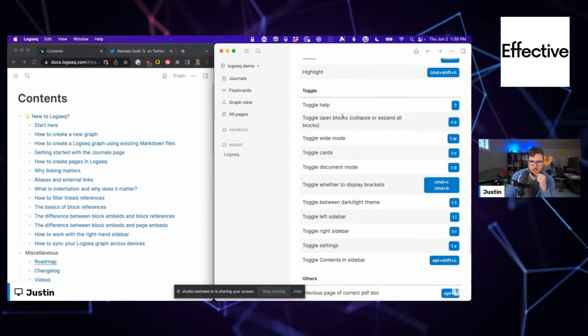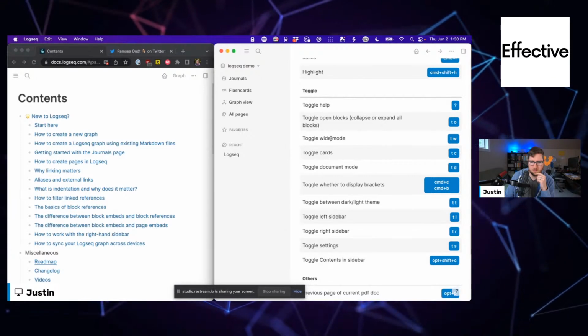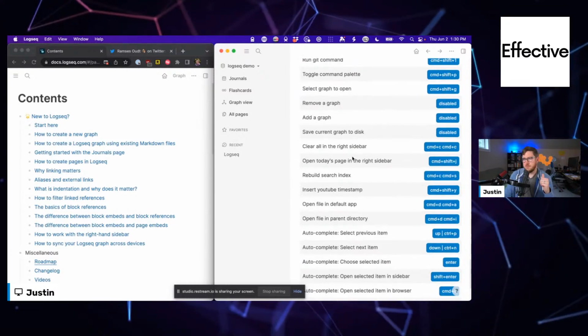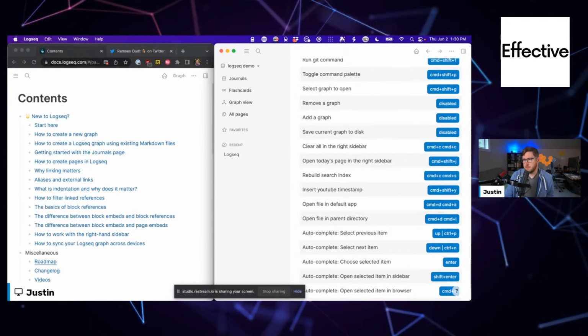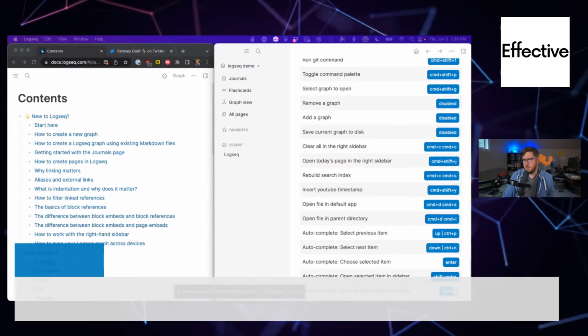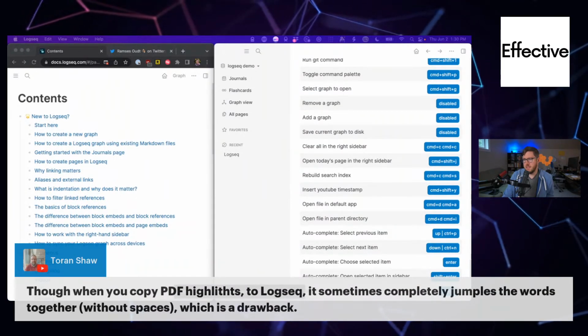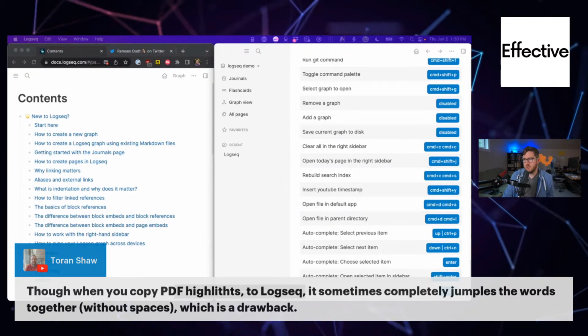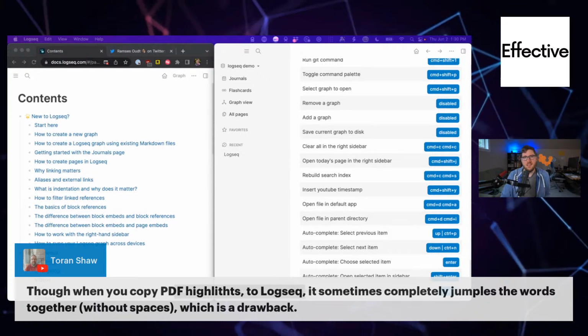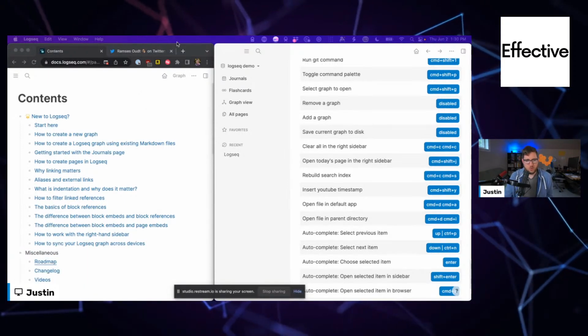Toggle help, open blocks. Sometimes when you copy PDF highlights to Logseq, it completely jumbles the words together without spaces, which is a drawback. Yeah, that would be a bit of a frustration for sure.